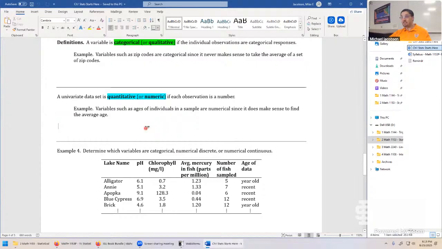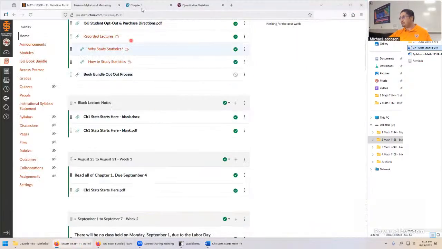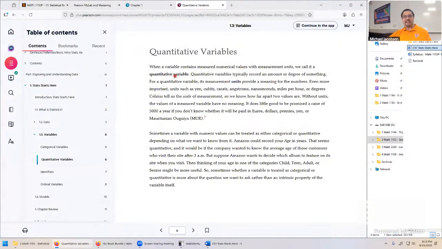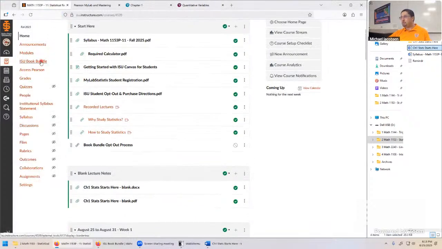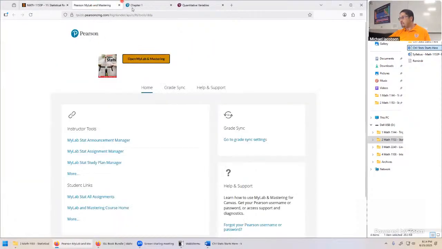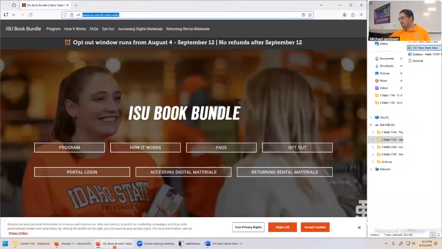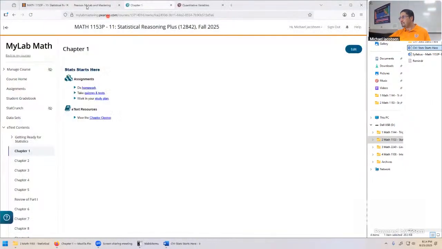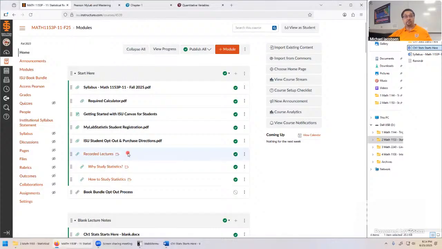We'll be doing our best in class as well, but again, not all the textbook can be conveyed on the notes themselves. That took a long time to say, but that's how you open your textbook. The recap is, the ICU book bundle link should work for everyone. You might possibly be using the 2-week free access. If that access runs out, you'd use this link down here to purchase that access later on.